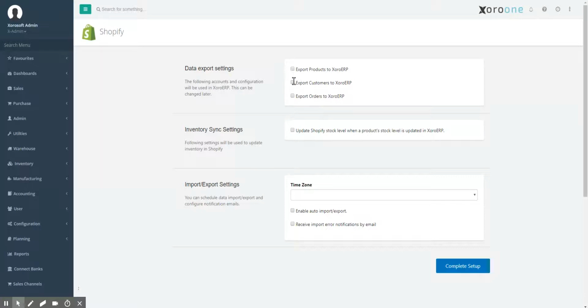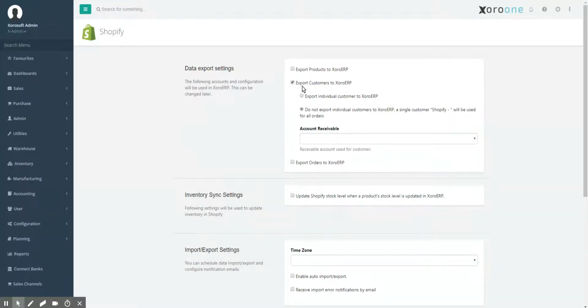There's a couple things of note I just want to mention. Basically, you can choose to export your products from Shopify into Zoro. But we don't quite recommend that, because Shopify has a lot of extra information that, once it gets dropped into Zoro, can create some garbage information. So what we recommend is to upload your SKUs into Shopify and then upload your SKUs into Zoro and then link them. So we won't export our products, but we will export our